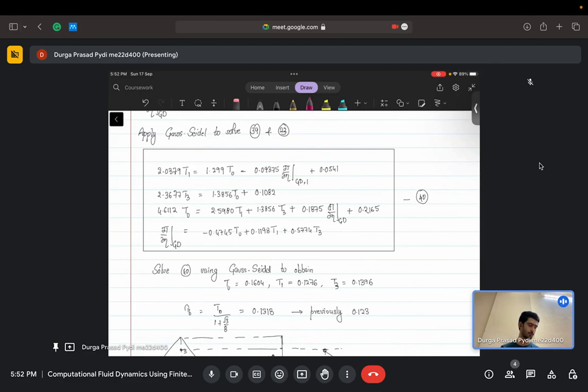we need to solve the system of equations. So how do we solve it? We again use the Gauss-Seidel method. So maybe I will go through the code so that you are